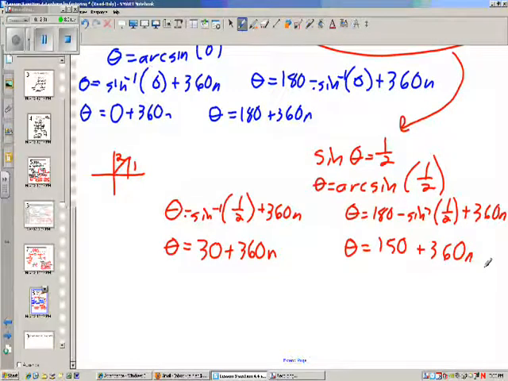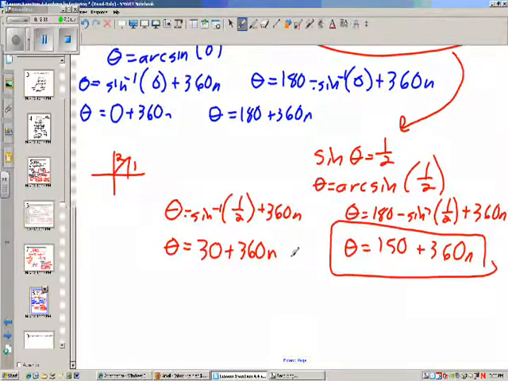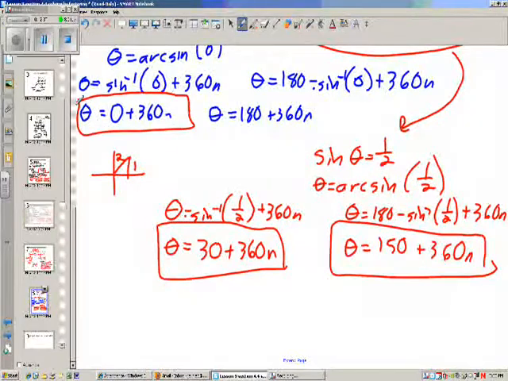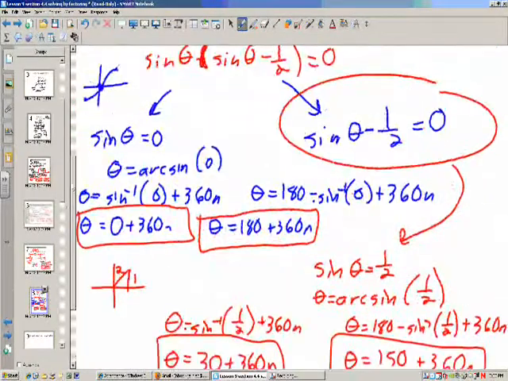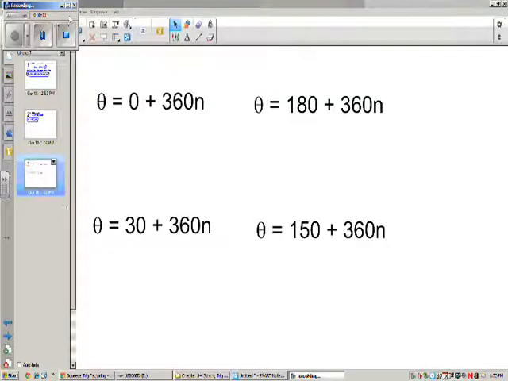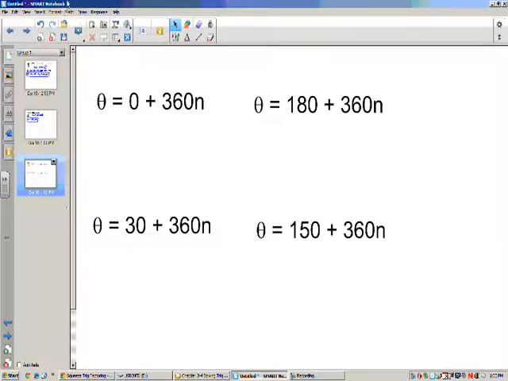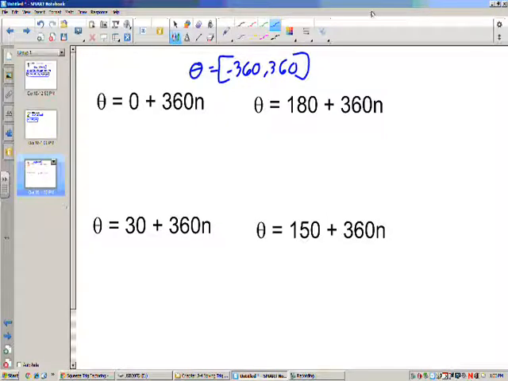So we have 4 general solutions. 1, 2, 3, 4. All right. I'm hoping this makes sense to you. So now if I want to take all 4 of these solutions and find the values for theta between negative 360 and 360,